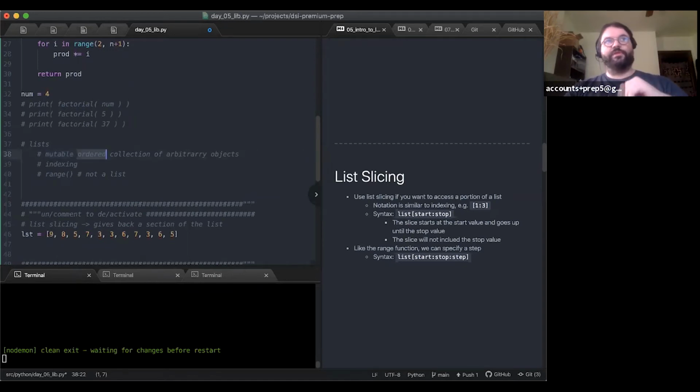Ordered means the order that we arrange things in, or the order that we add things into the list, is preserved. It's important and it's preserved. And you might think, well, of course, why wouldn't it be? This is an engineered thing. This is a feature that is engineered to be what it is. This is not a given, and there are other types that don't obey an order in the same way, or that we think of as unordered.